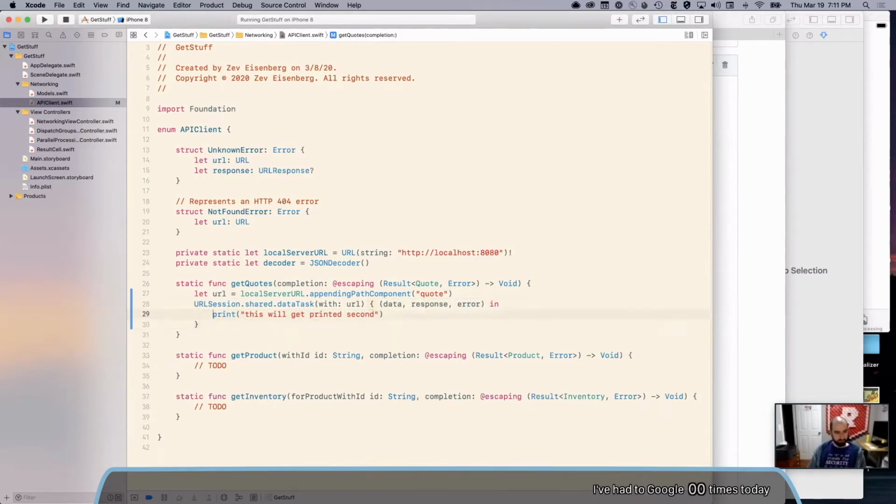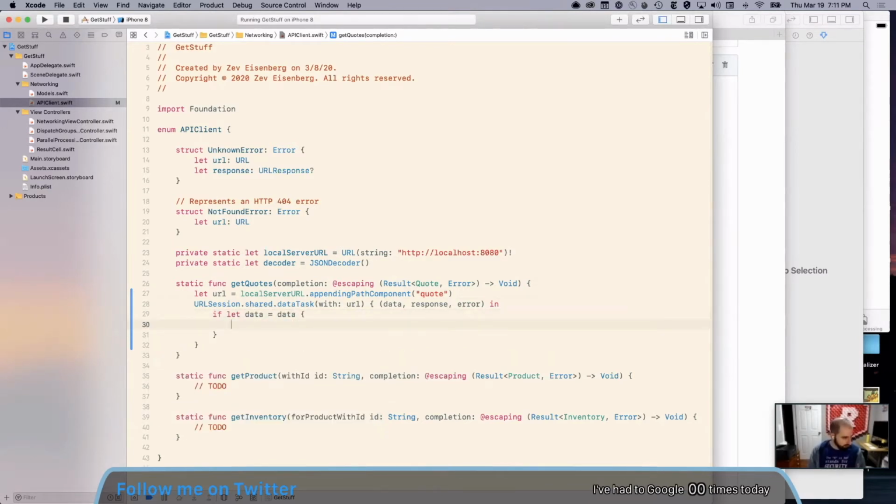Okay, enough talking around the issue. Let me actually write some code. So we're going to see if we have data. So if let data equals data, we're going to unwrap that. If we have data, great, we can call our completion handler. But there's one more step we need to do, which is that this is a quote, and what we have right now is data.